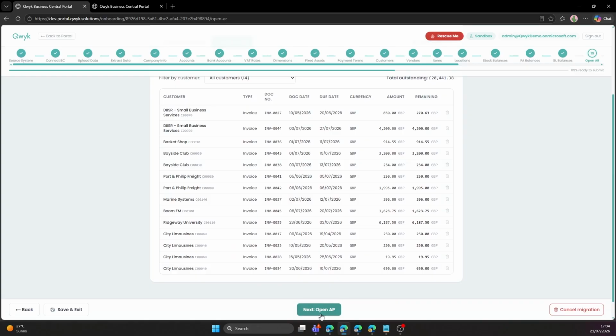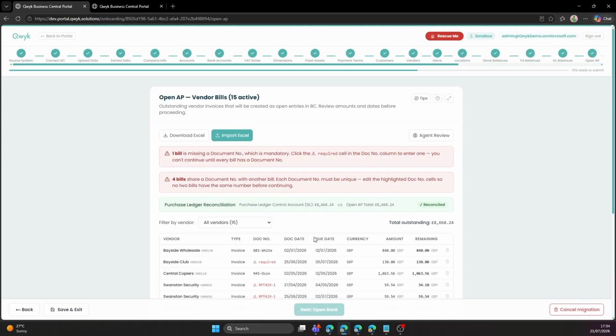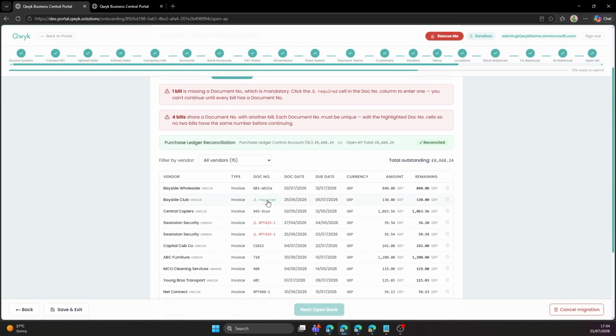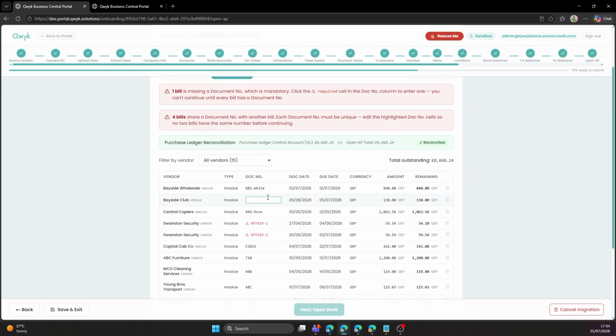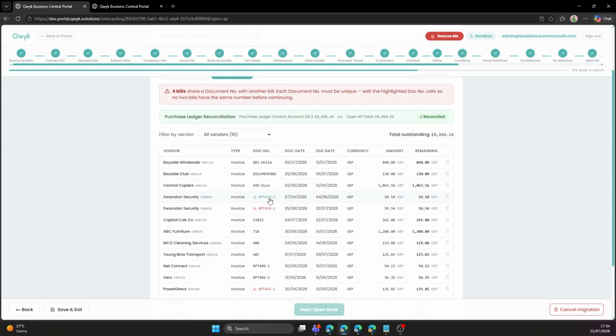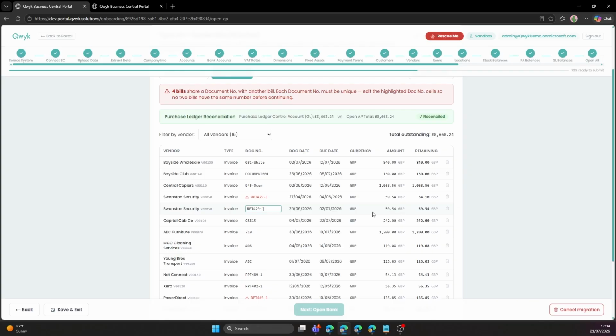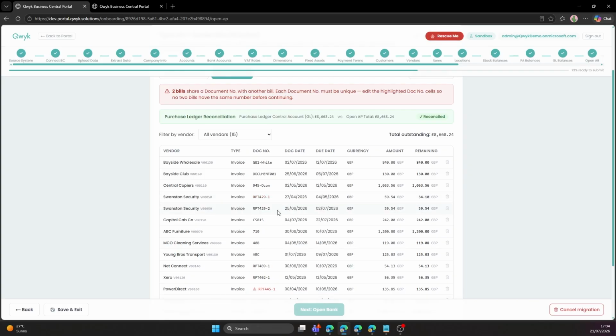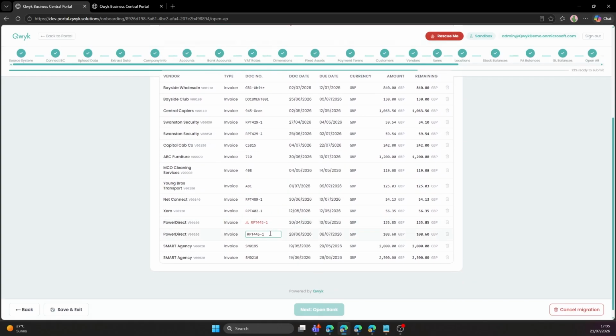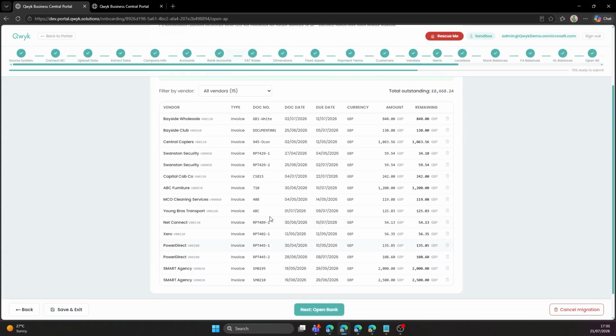the remaining amounts. I click through to the AP. We can see that the agent review has found that there's one entry missing document number, so we can just put a document number in or migration code. This one has duplicate numbers. It's actually the same amount. This one has got the remaining amount, so there's maybe unapplied payment in this one. So I'm just going to amend those document numbers to come through for the opening balances, and then we come